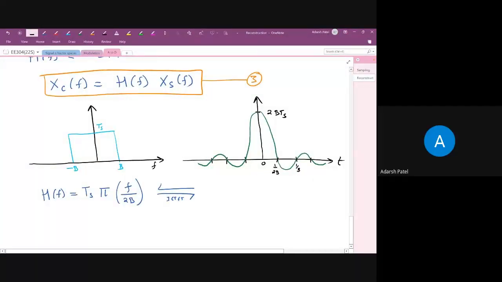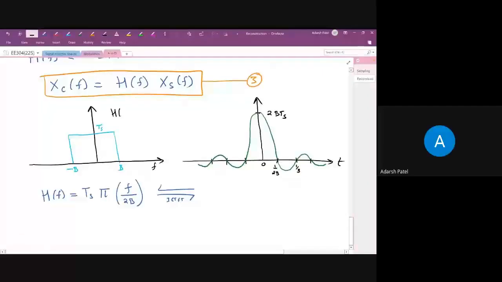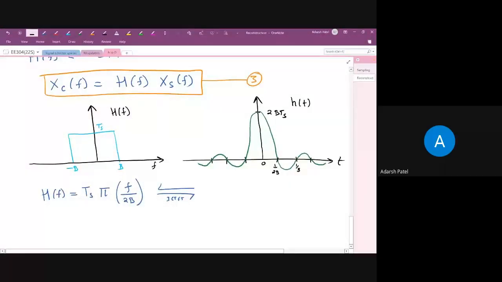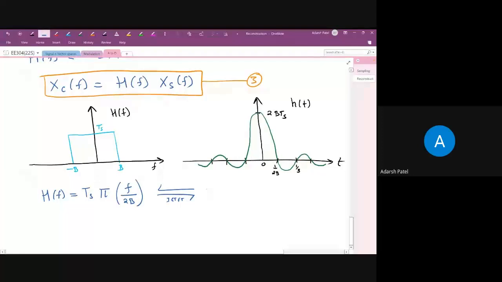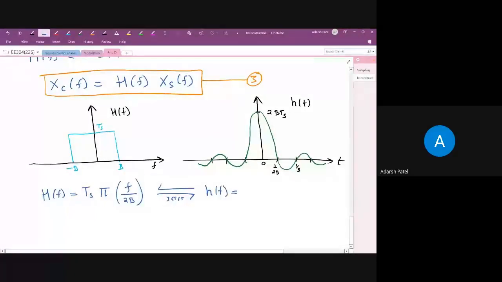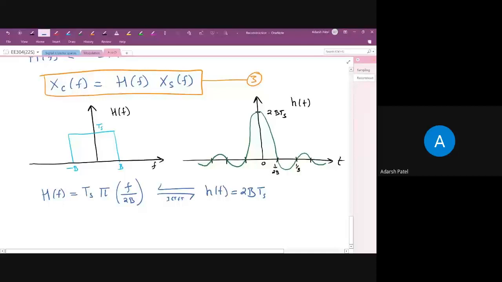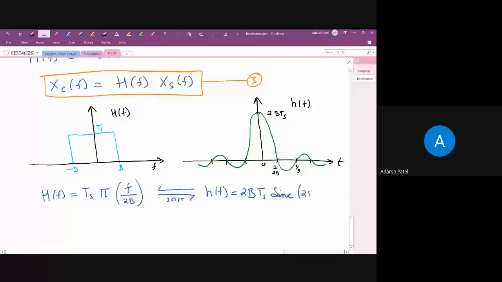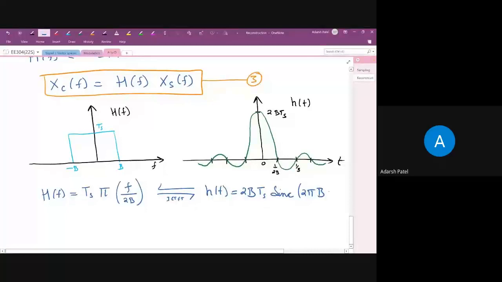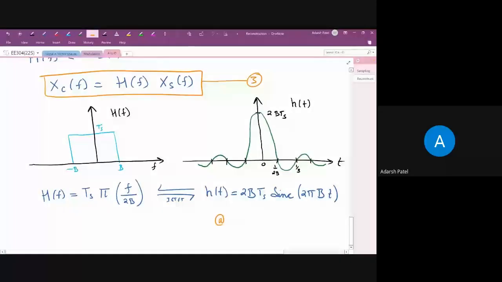So this was H(f) and this was h(t). If I have to write this h(t) mathematically, it is given as 2bTs times sinc function of 2 pi b t. Okay, the sinc function is this, where we see that